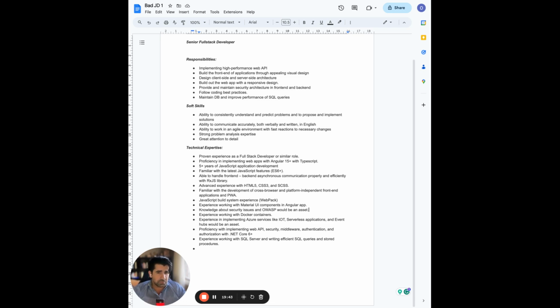OWASP is not complicated. It's a list of top 10, top 20 security issues to look into. That's it. That's part of secure development practices. That comes down from leadership. Don't ask people to have this experience. You're hiring a developer. You're not hiring a CTO here. And if it was a CTO, it would all be knowledge of, not implementation of. So a little bit different, right? Even a tech lead. So if OWASP is that important for you, make sure it's part of your secure development practices. Make sure it's part of your code review. And there you go. Now all your developers will know it.